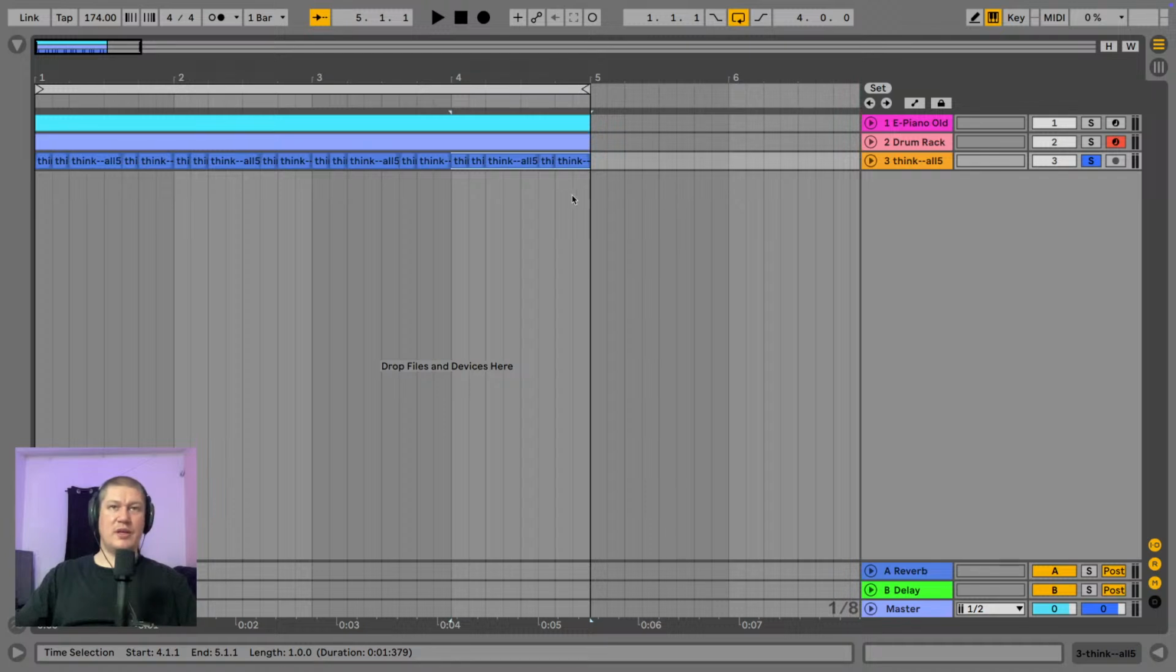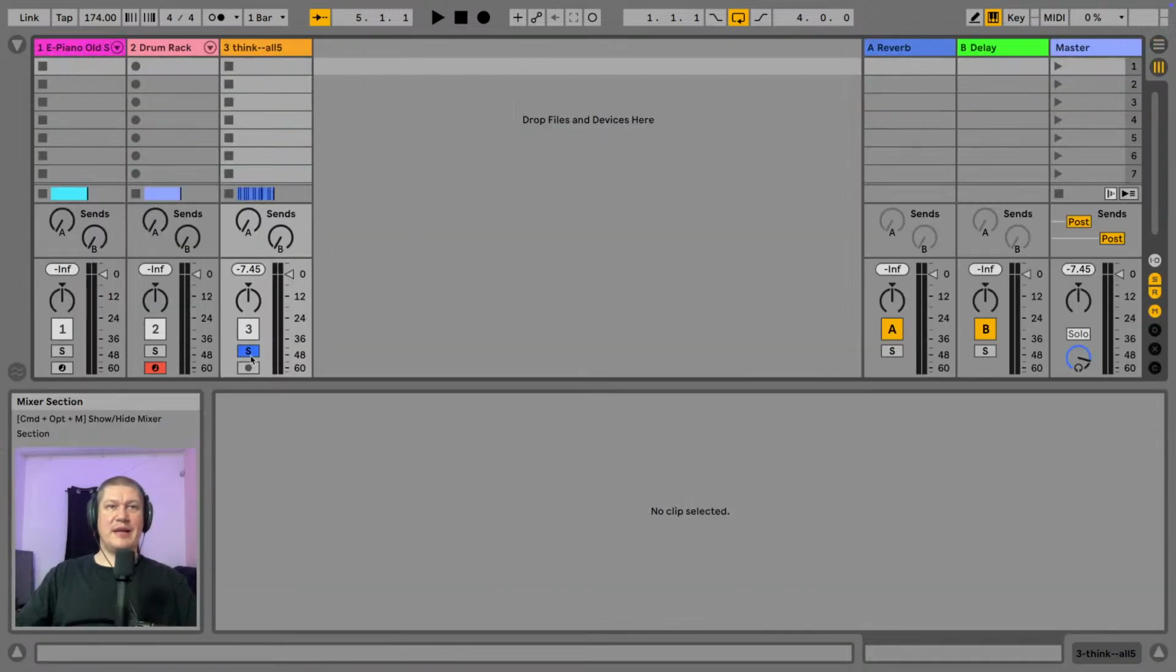And then what you want to do is mix this in to taste. So let's play the track so far. This is what we've got. And then if I gradually fade up our fader,